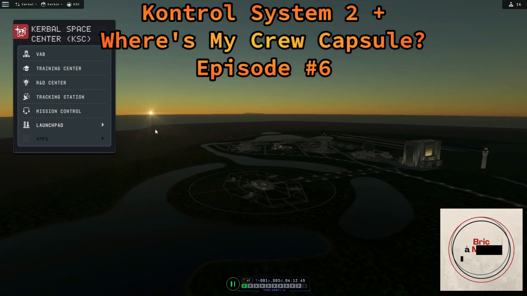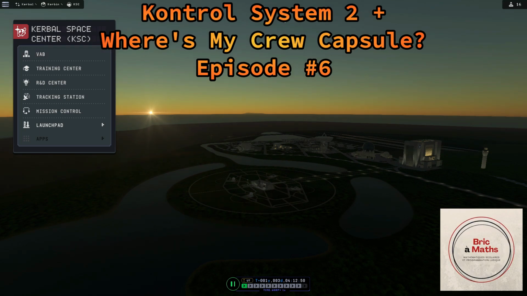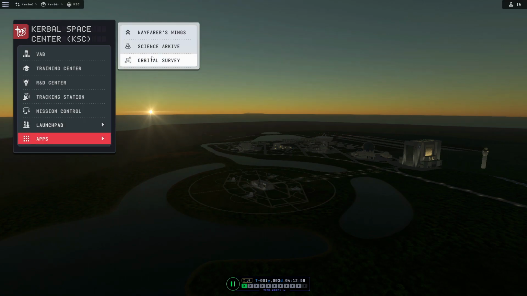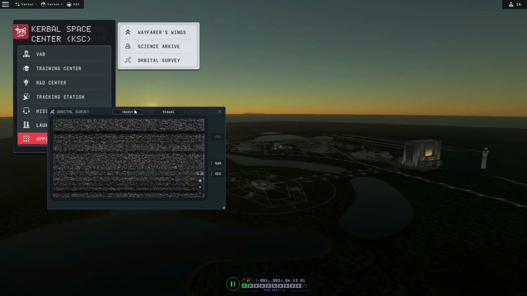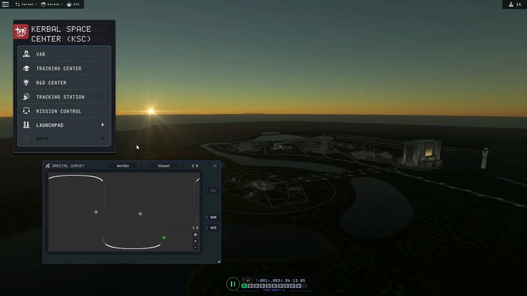The sun is rising on this KSC with that beautiful weather. We're going to have a nice day today, and we have this orbital survey ongoing around Kerbin. In the last episode we launched a new satellite with an antenna to do that orbital survey. From now, only 1% has been done, but when